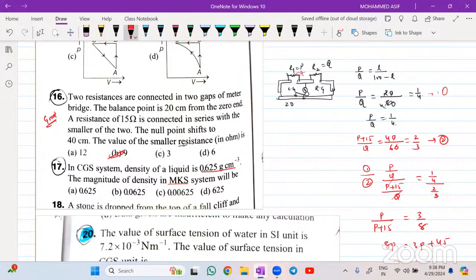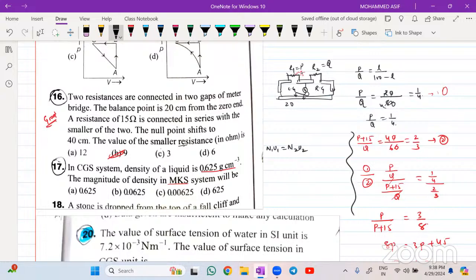ठीक है ना? अब 17th क्वेश्चन देखो। The CGS system, the density of the liquid is 0.625 gram per centimeter cube. The magnitude of the density in MKS system पूछ रहा है। CGS system में दे रखा है, SI system में पूछ रहा है। What is the formula you can be using? बेटा फॉर्मूला याद है आप लोगों को? N1 U1 is equals to N2 U2। मैं आपको सिर्फ हिंट दे रहा हूँ बेटा, आप लोग ट्राई कर लो।